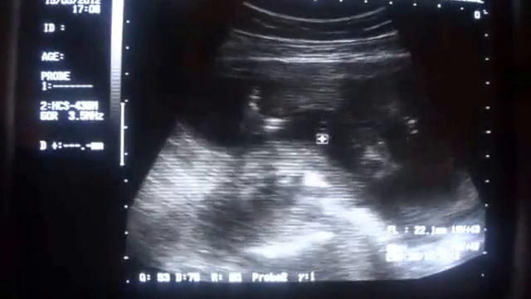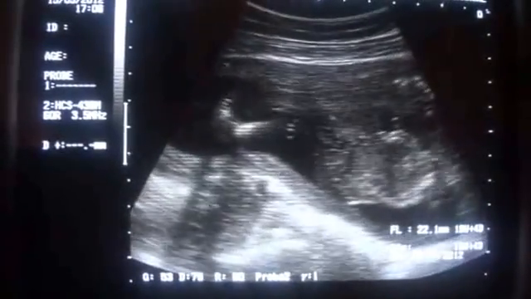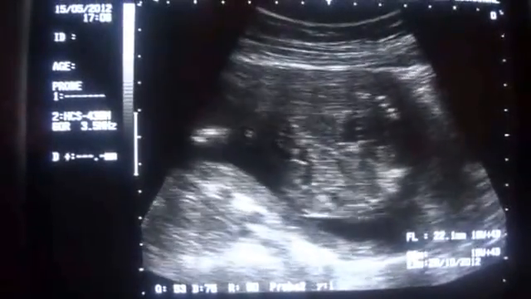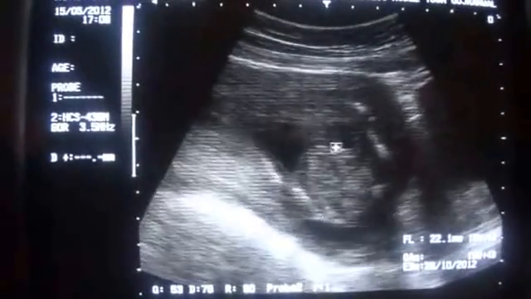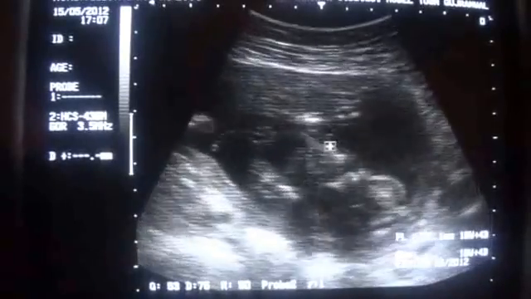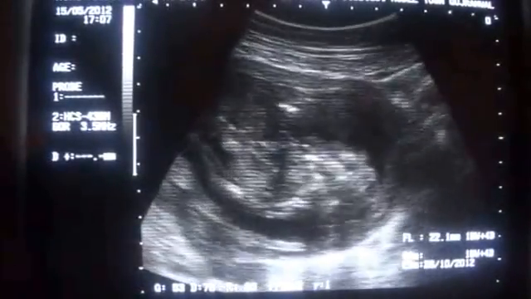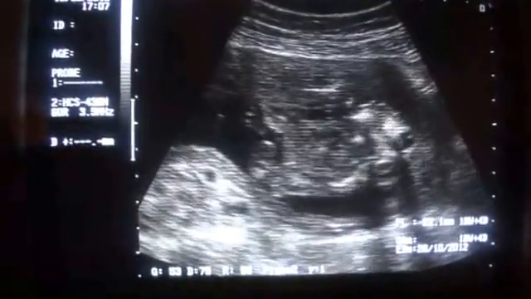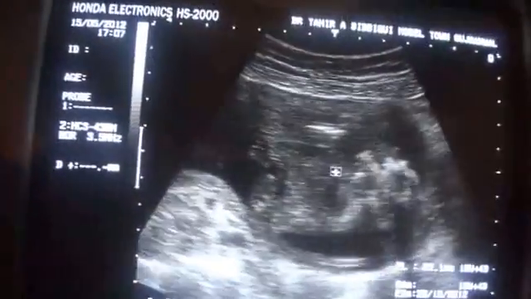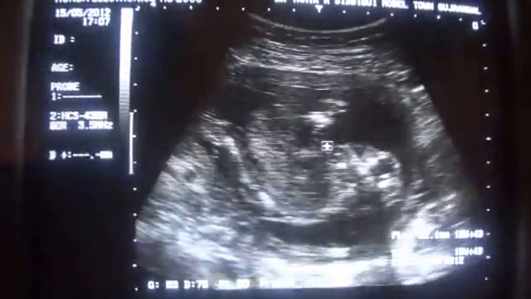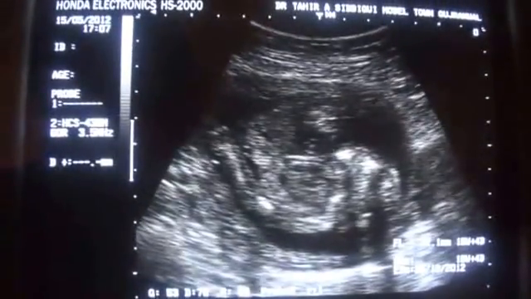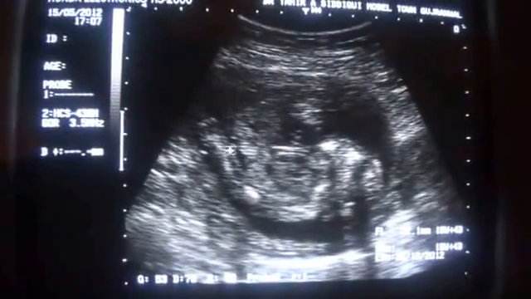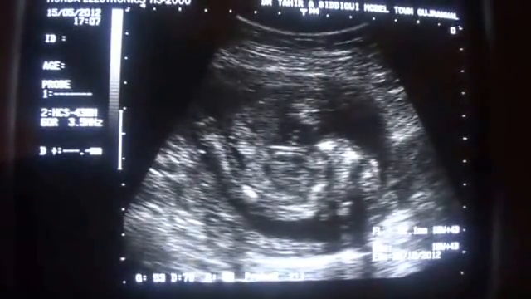This is the length. So this is the case of the day, showing you basal bones of the skull, the omphalocele,